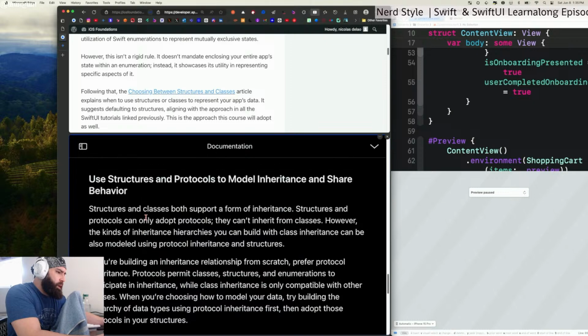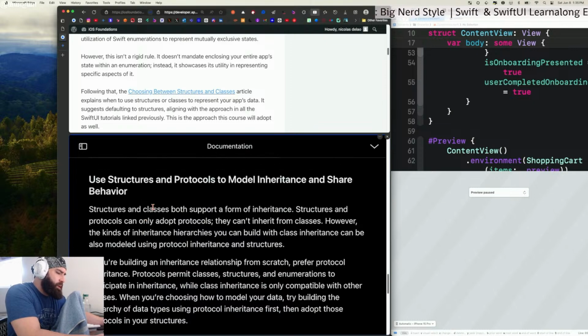But yeah. Okay, use structures and protocols to model inheritance and share behavior. Structures and classes both support a form of inheritance. Structures and protocols can only adopt protocols. They can't inherit from classes. Yeah. However, the kinds of inheritance hierarchies you can build with class inheritance can also be modeled using protocol inheritance and structures, which is a big reason why I chose Swift, because although classes were there, this was really the main thing, the selling point that pushed me over the edge. The fact that you can match